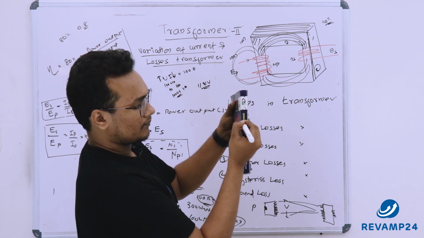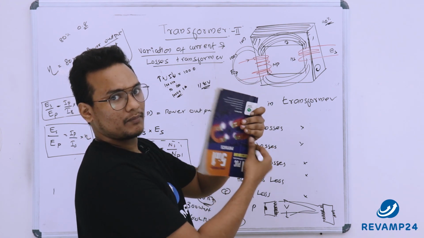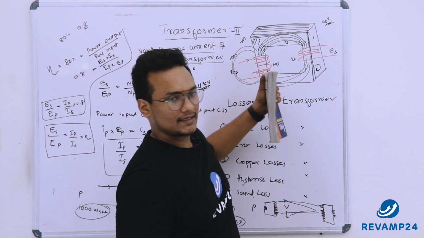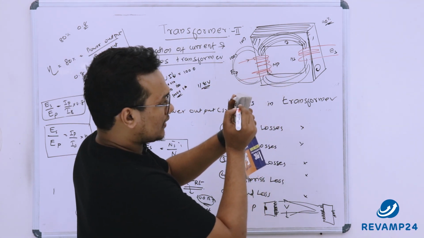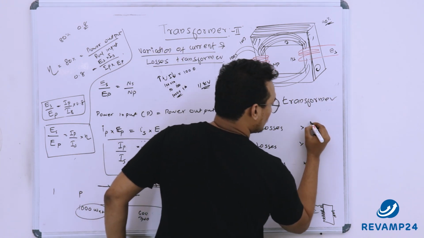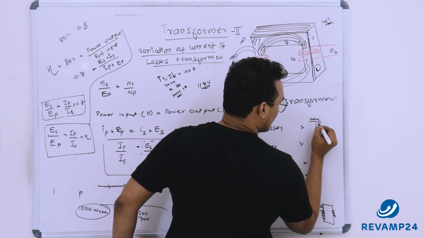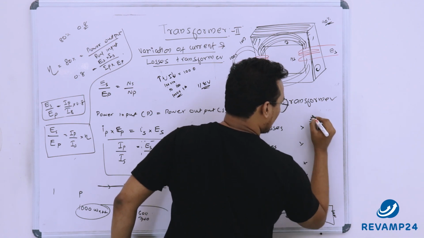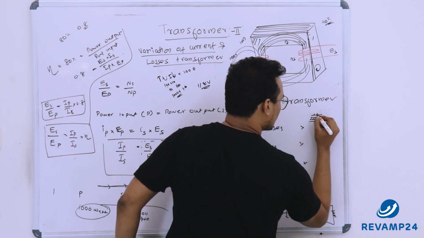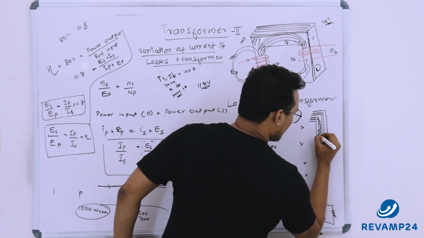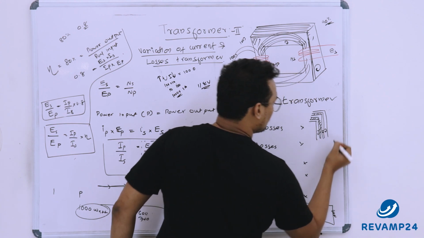But when we make it into a number of laminas glued together with a dielectric, it is very difficult to form. If this is the thickness of one lamina and then a dielectric, then the next lamina, then dielectric, it is very difficult to form eddy current in between,